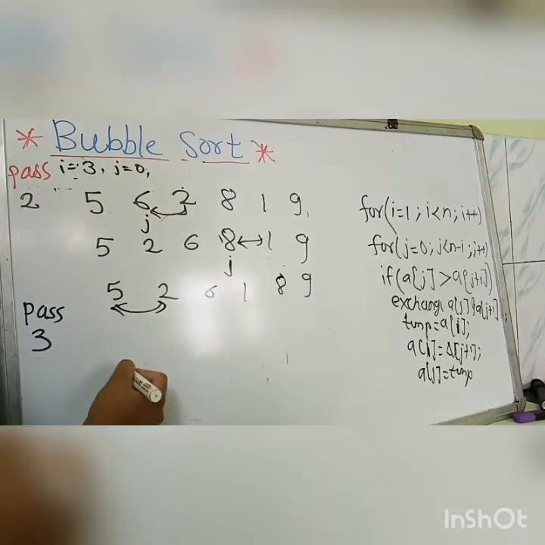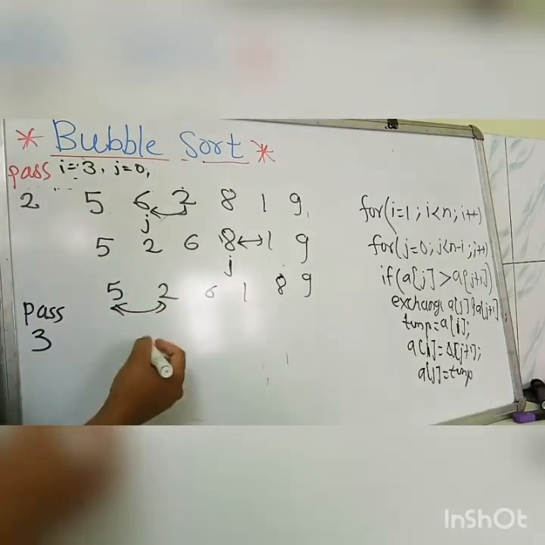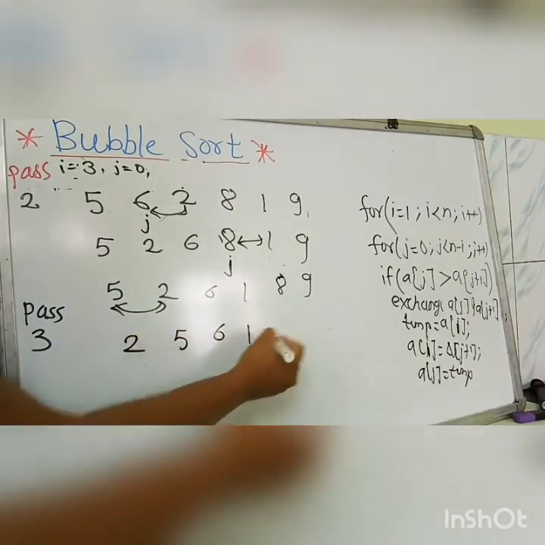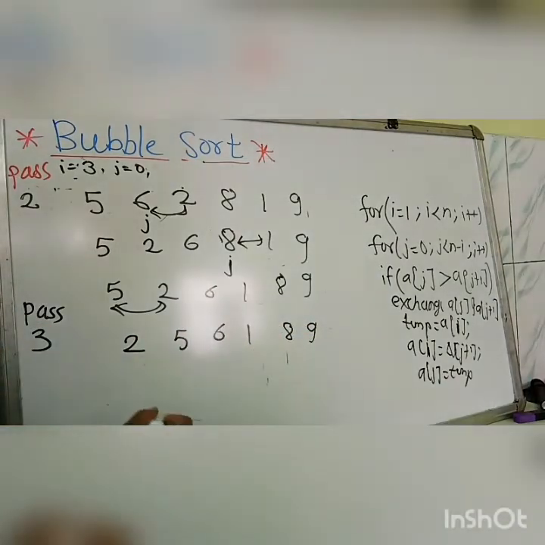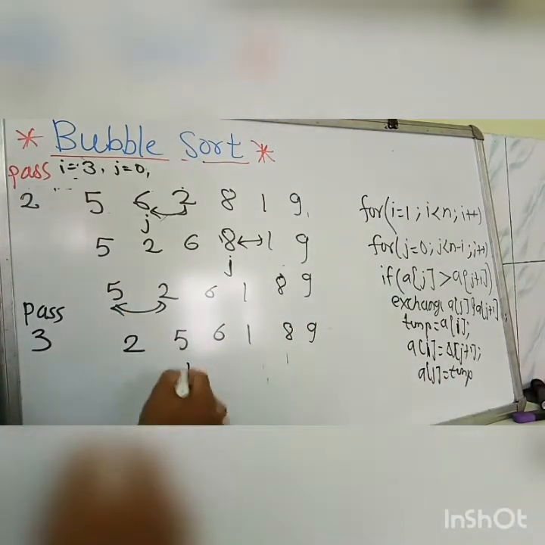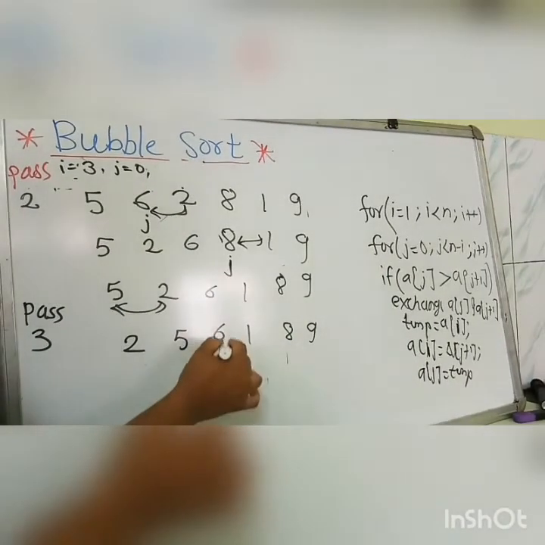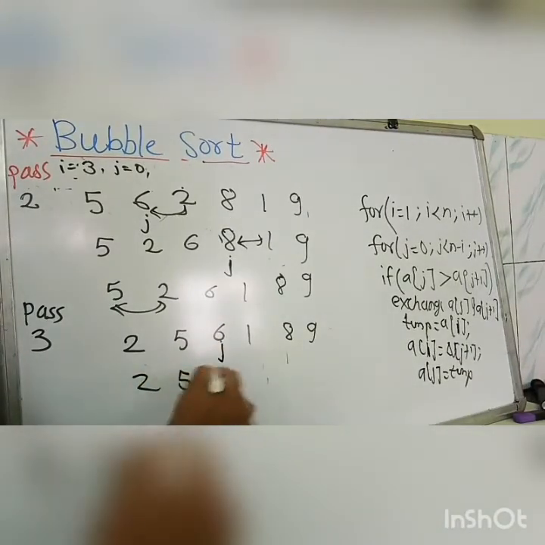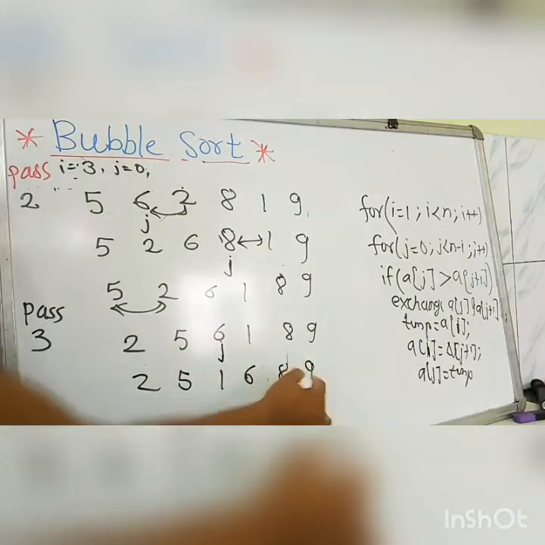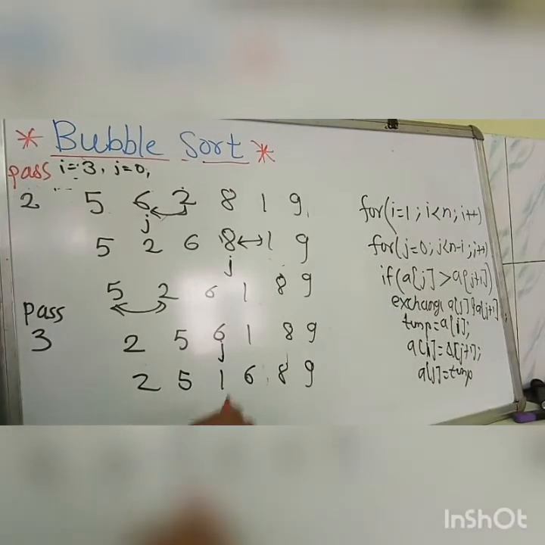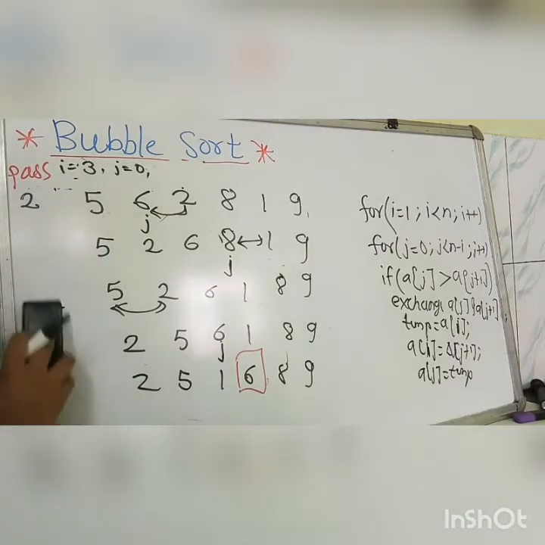It compares 5 with 2. As in this case 5 is greater than 2, it will swap and proceed further. As j was here, j now is here. Is 5 greater than 6? No. Is 6 greater than 1? Yes. In this case we will swap it with 1. And now see, here the third last element is taken to the bottom of the list. Now only element 5 and 2 remain. So here was the third pass.